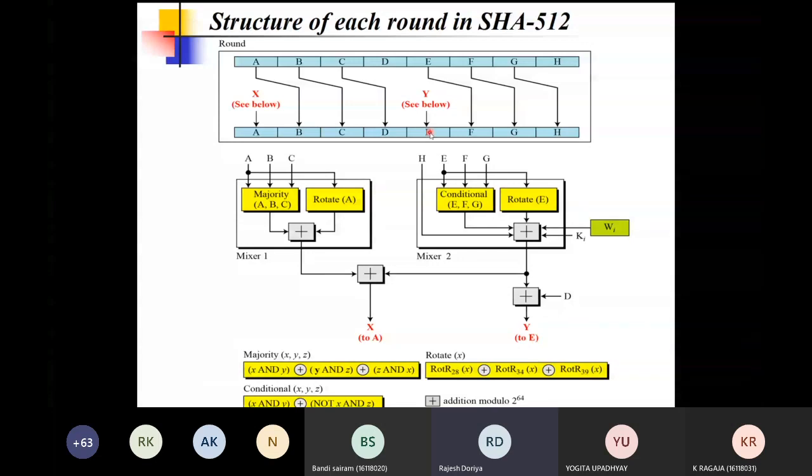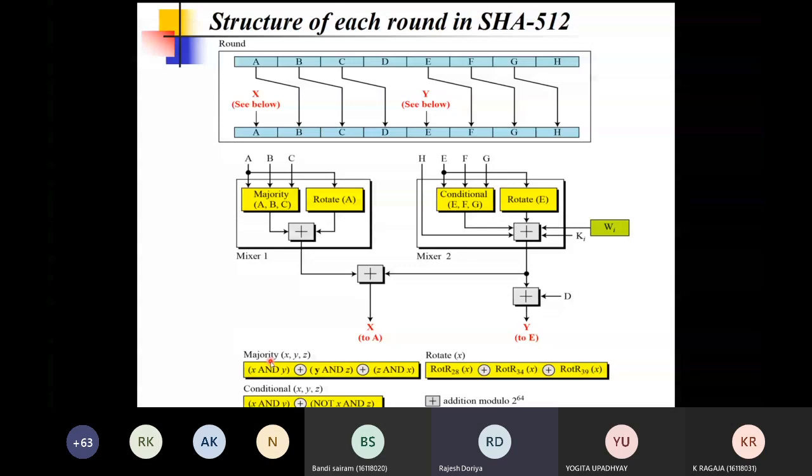And the value of A is calculated by XORing the output of mixer 1 and mixer 2. The moment you XOR these two values of mixer 1 and 2, the result is your X, which is going to be the value of the next buffer A. So this is how you calculate these 2 values, A and E, and this is how we perform these operations: majority operation, rotate operation, and conditional operation.